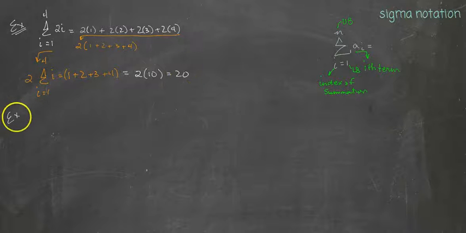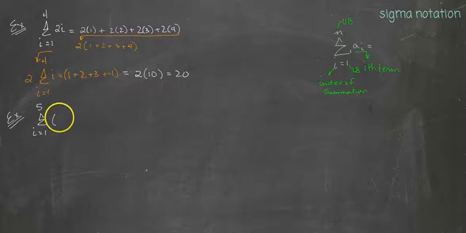Let's do another example, another shortcut that we can use. Suppose I'm given the sum i equals 1, and we're going to stop at 5 this time. And I have some polynomial, say 2i plus 3. Okay, again, this just tells me to plug in an integer, increasing by 1 integer at each iteration or on each new term to add. So my first term would be 2 times 1